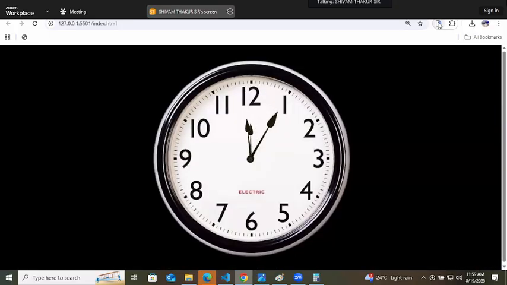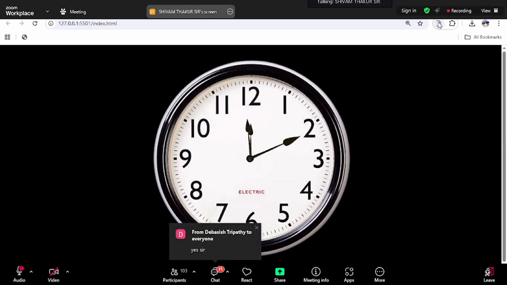So it is 11:59. Is it showing 11:59? Yes, it is showing without any lag. It is showing 11:59, and the next minute, done. All the three will meet at the same place.